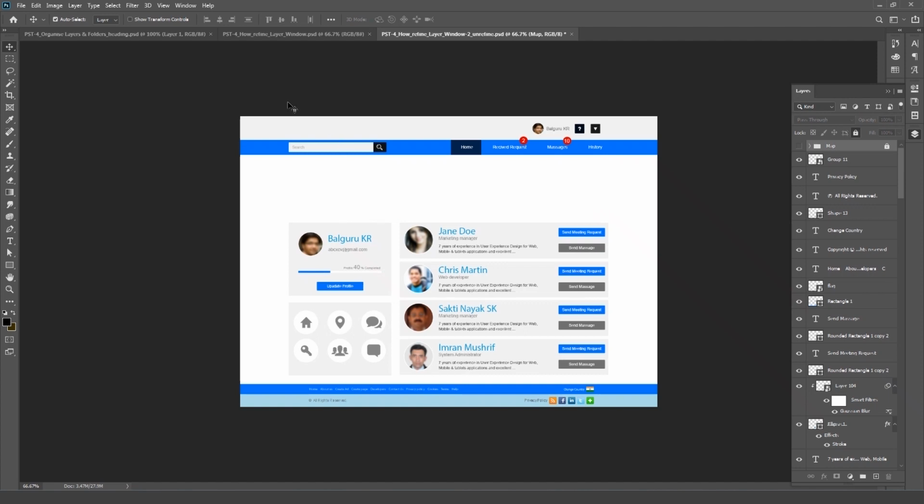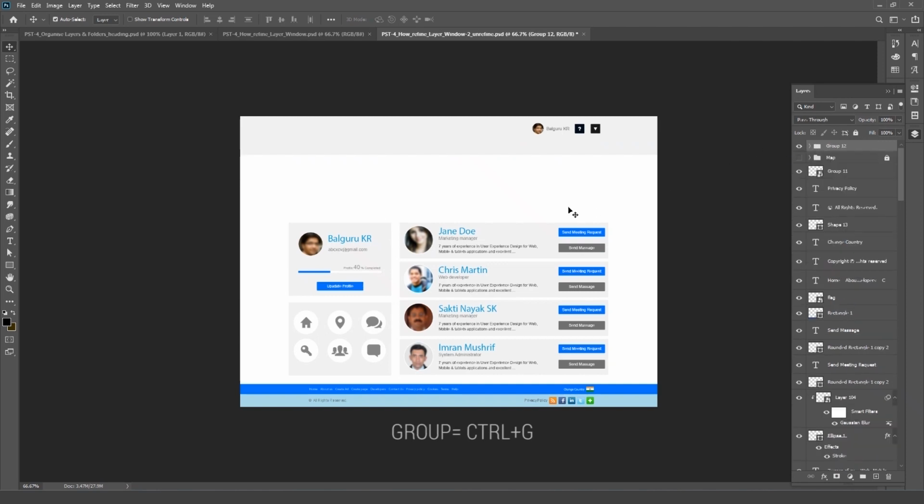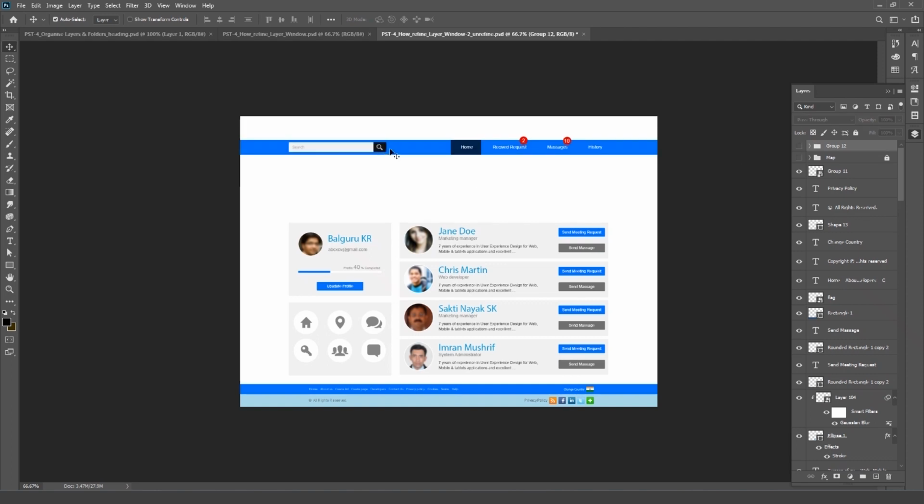Next stage is this entire area, the top header, which I'm going to select, and I'm taking all the layers to the top and creating a group. You see below that the top navigation gets hidden because of this top header BG. So I'm going to turn this off, and you can see this.